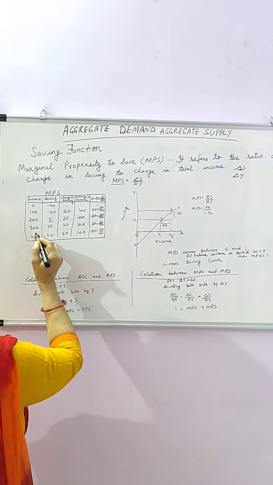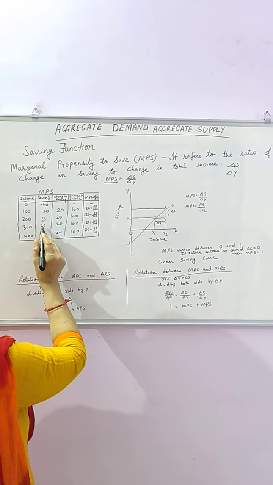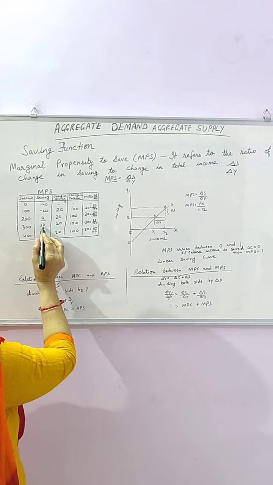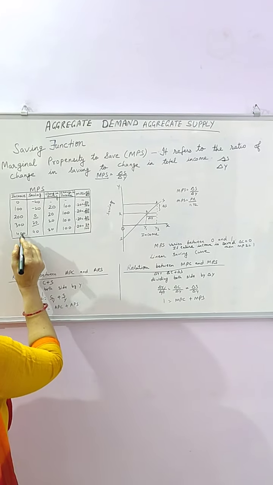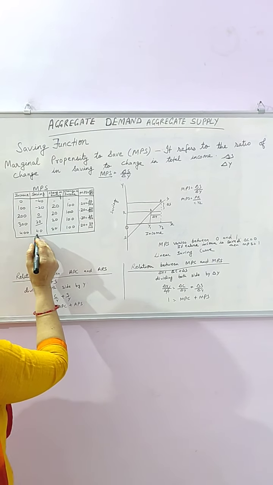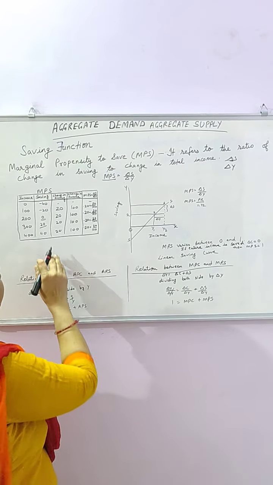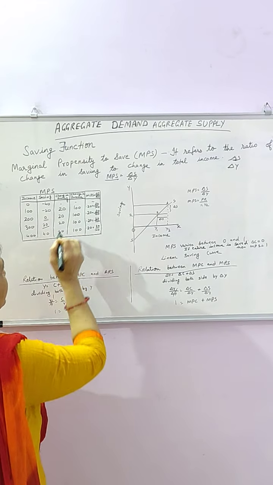Here, when your income increases, our consumption expenditure also starts rising, but it is less than our income, so the difference will be the saving. The rest of the income left is what people are utilizing for saving. When your income increases to 400 crores, your saving will be 40 crores. So this is your saving, and this is the different levels of income. This is additional saving with additional income. Now this is the change in saving.